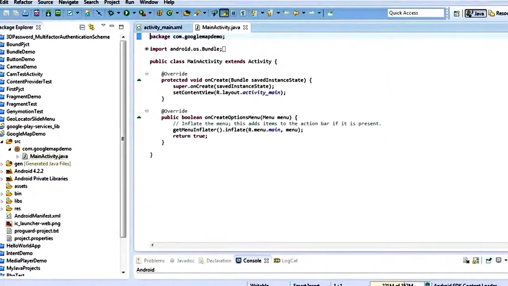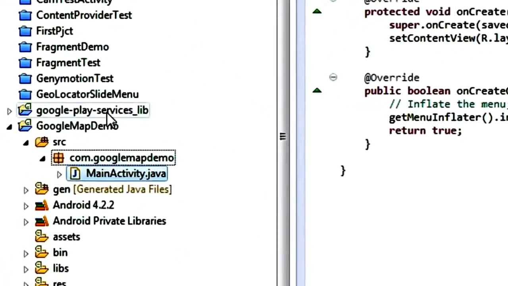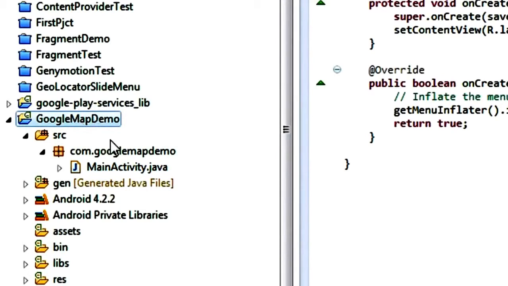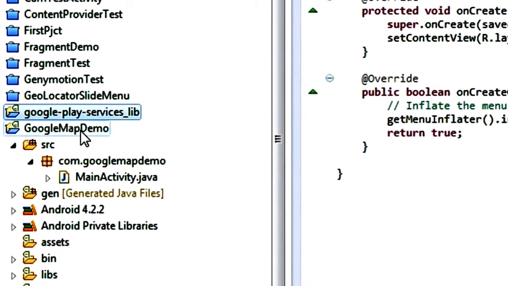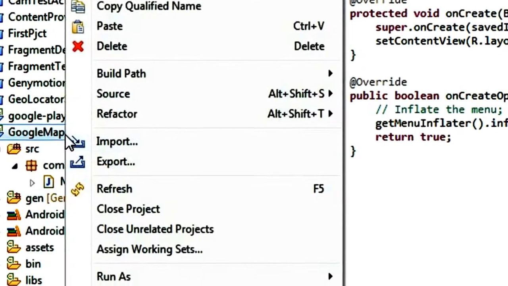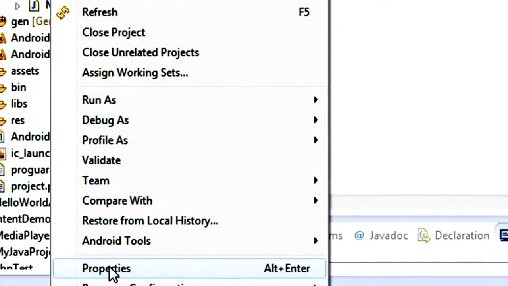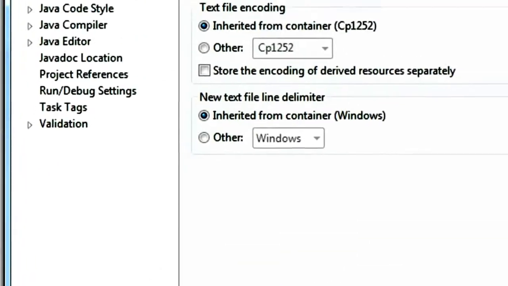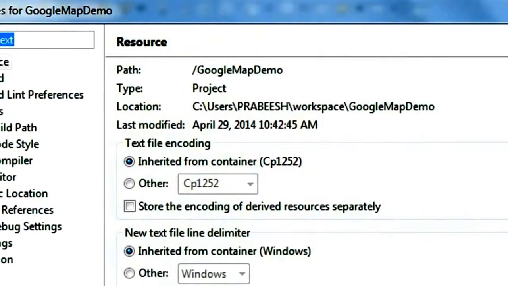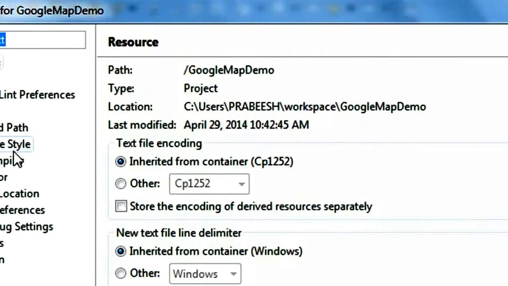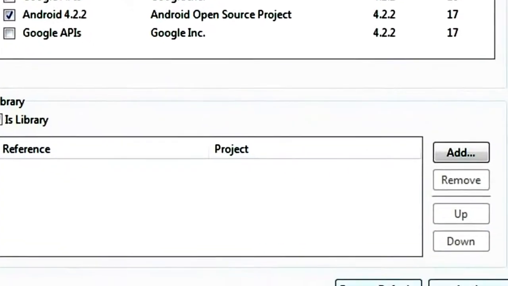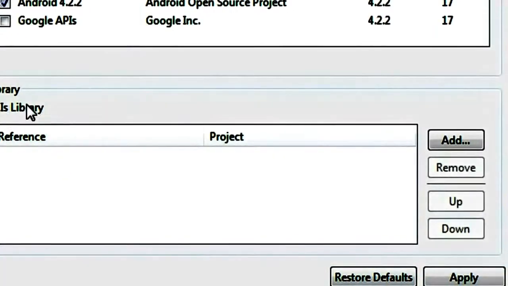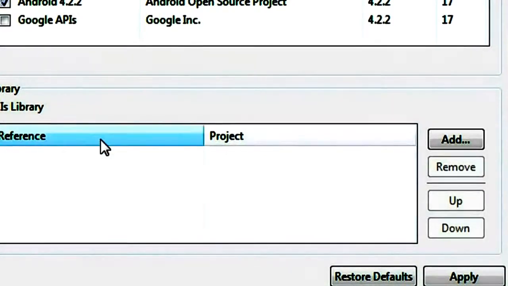Now we have to add the Google Play Service library project into the newly created project. So right click the newly created project and choose the properties, and in the Android option, at the bottom of the window you can see a library option is available.